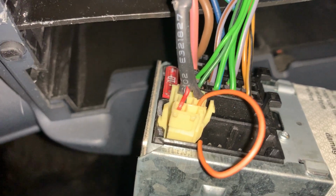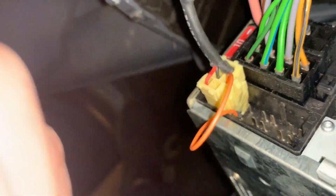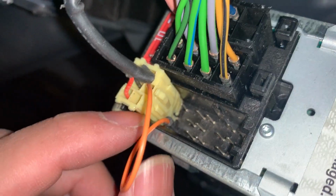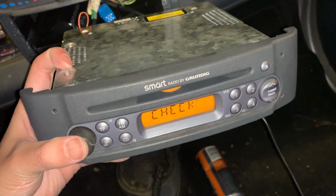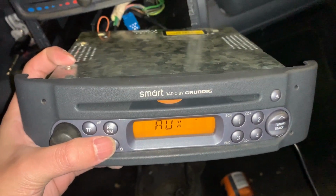And this is a cheap harness that I bought from eBay that I had to shave down the corner here in order for it to fit. This is the old harness for the CD changer. When you short out the pin 13 here and pin 15 here, you'll see the radio tell you that it goes into auxiliary mode,